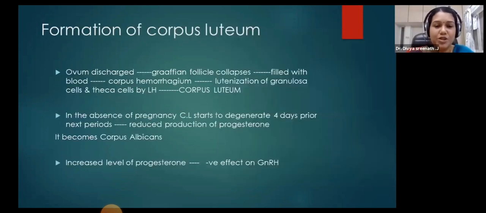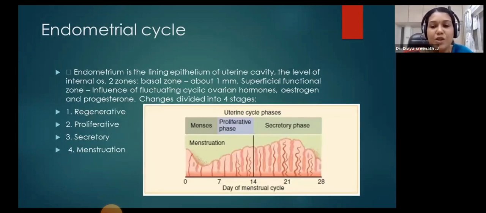Now this is the formation of the corpus luteum we had explained. Now it is the endometrial cycle. Endometrial cycle means the cyclic changes occurring in the endometrium of the uterus. So during menstruation, as the hormone level falls, the endometrial layer, especially the stratum functionalis, becomes shut down. And after that, again under the influence of estrogen hormone from the developing follicles, proliferation occurs, and the stratum functionalis layer becomes more active.